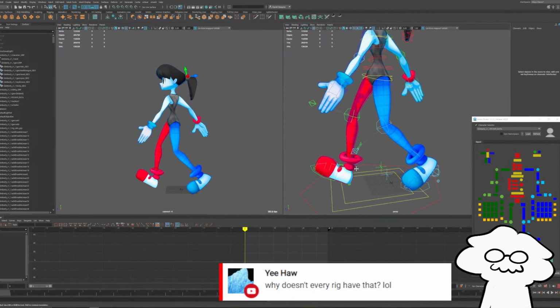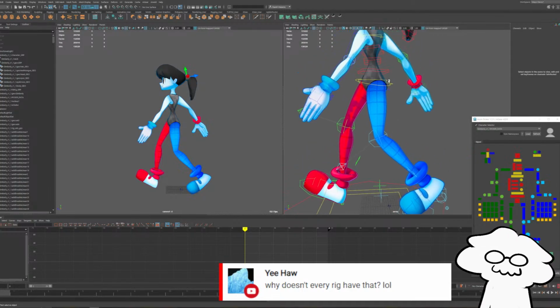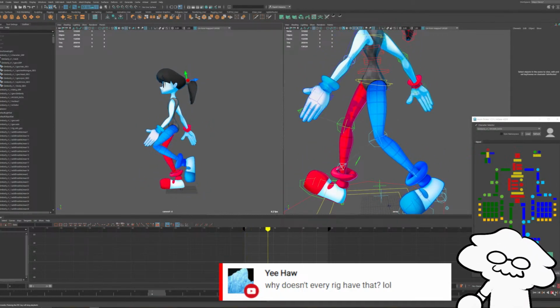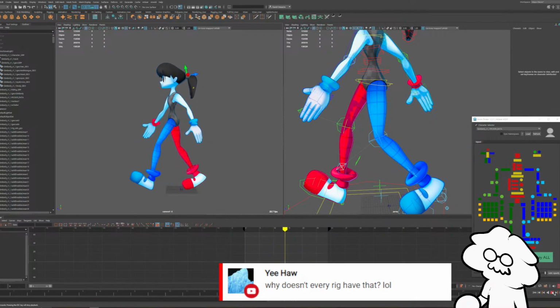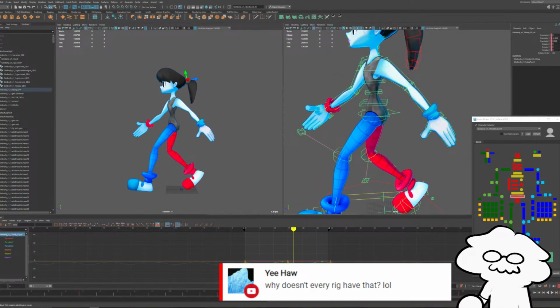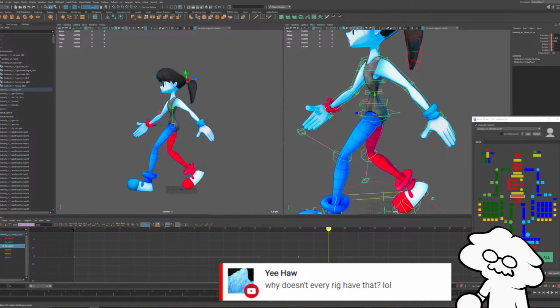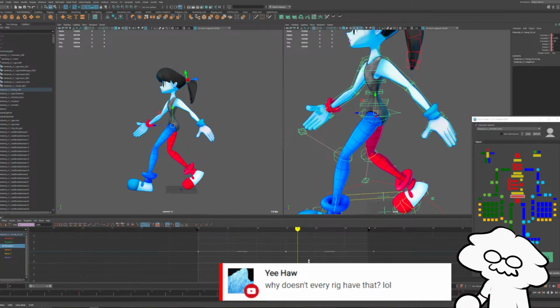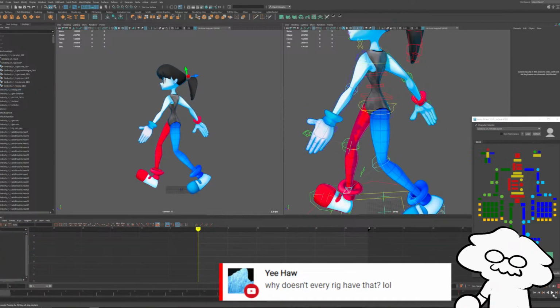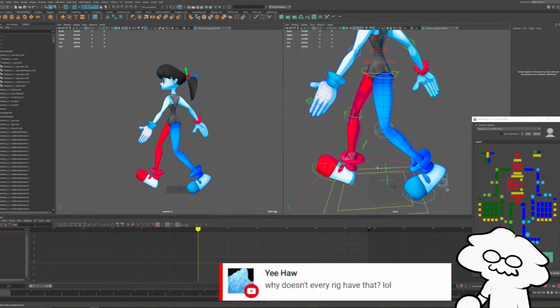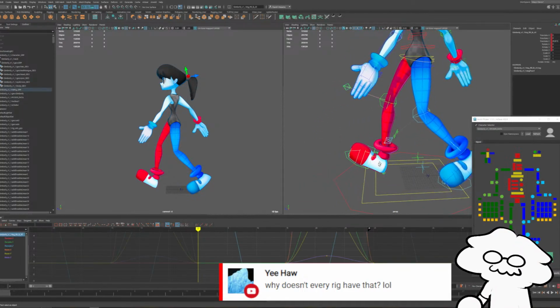Okay, so that's just another little polish thing. I'm starting to feel like I pushed her upper body forward a little bit. Let me try pushing it back. Maybe a little bit too far back, because I kind of want it in the center. It's also maybe the front leg needs to be a bit forward.